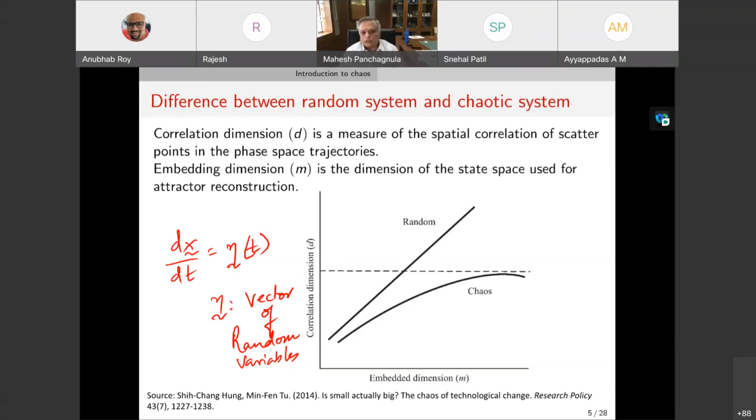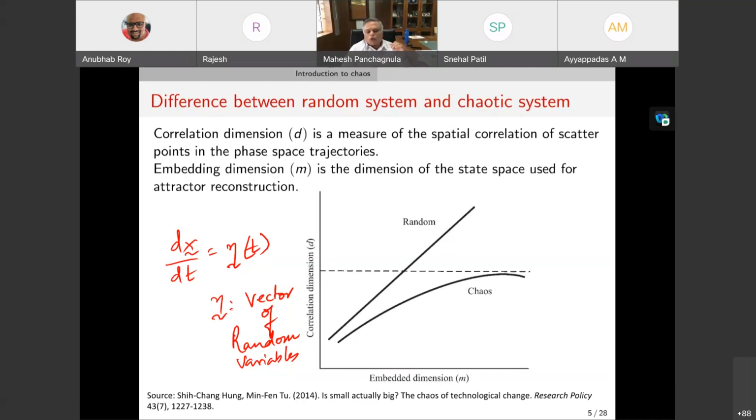system that shows smoothness. But the core idea here is that the space in which all of the outcomes would remain constrained, the dimensionality of that space, is called the embedding dimension. In the case of a chaotic system, the embedding dimension can be large, but the correlation dimension remains finite. In the case of a random system, the correlation dimension, meaning the dimension in which the different degrees of freedom and the state space variables show correlation, is unbounded.